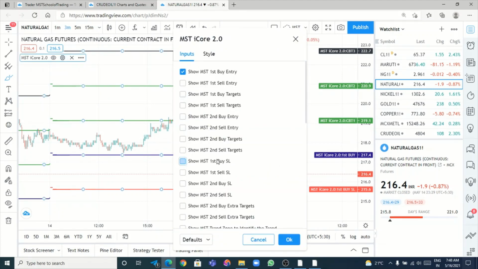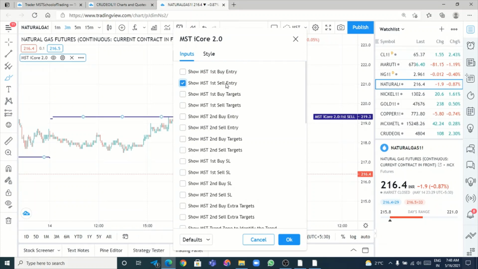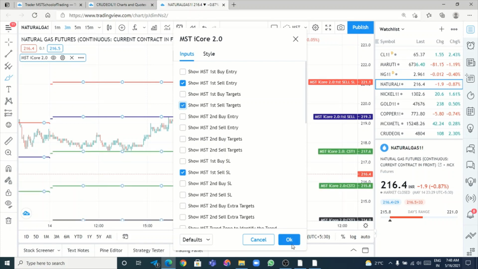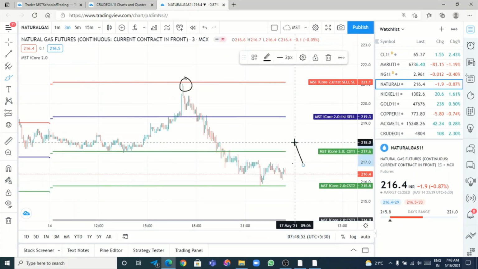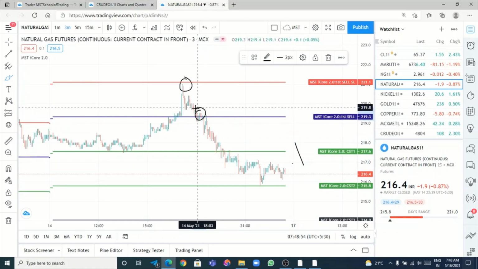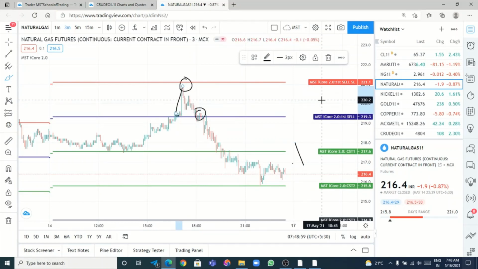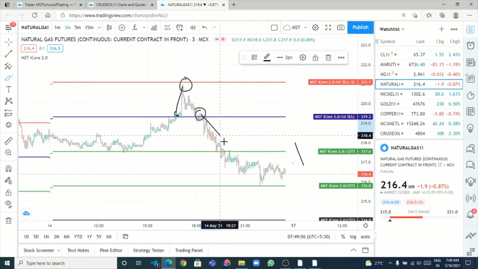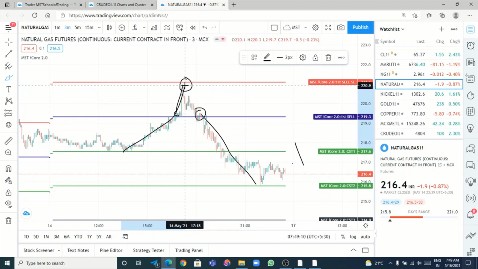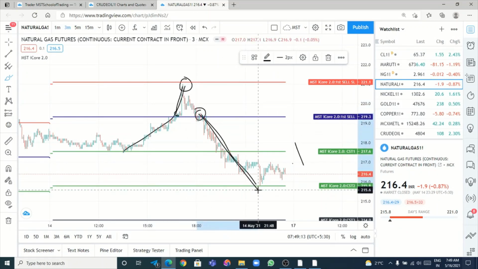Suppose you had waited, or you forgot, or you are not watching the market much, then let us see what would have happened. First sell entry and first buy targets. See here, first sell activated, and the high was 221, but our stop loss is 221.10. Again we are saved by 10 paise. The stop loss is saved, and we get the first target and second target. So in the first buy we got two targets, and in the first sell we got two targets.